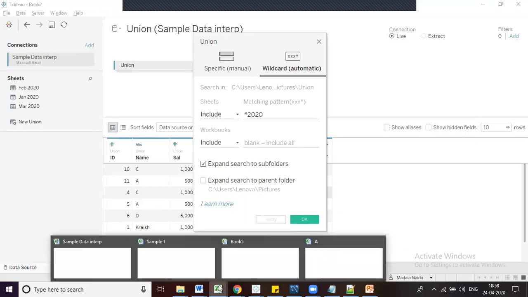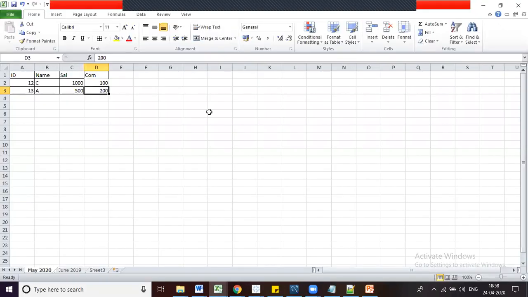Now I have one more file, book 5. Here I have May 2020 and June 2019. Let's see which will be included, May 2020 or June 2019. As per our analysis, 2019 should not be included in your union, right?